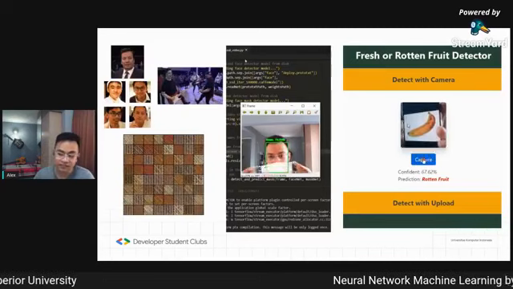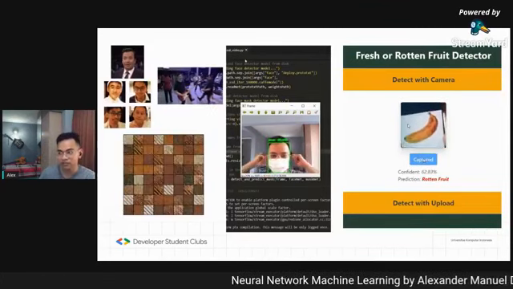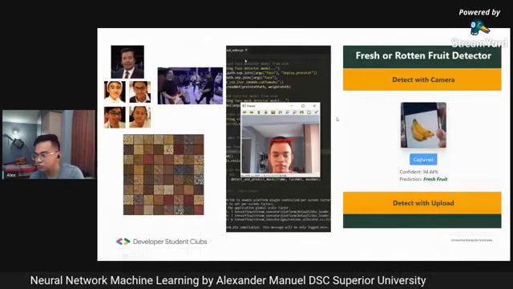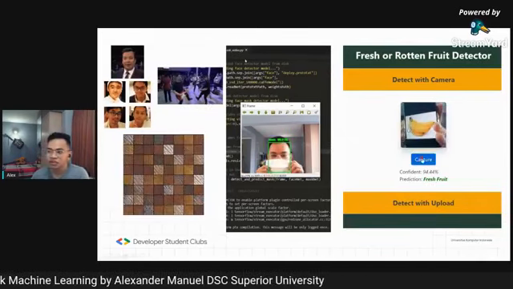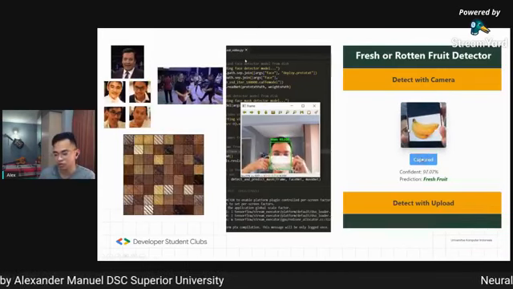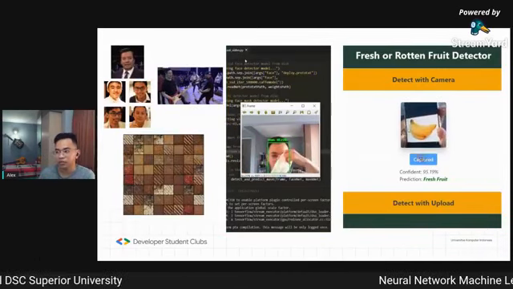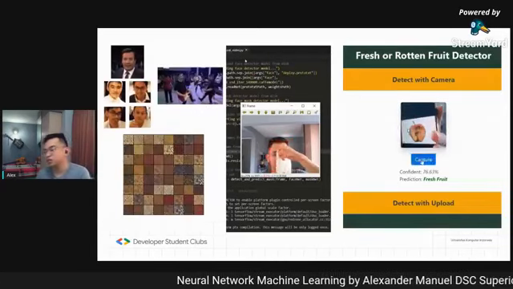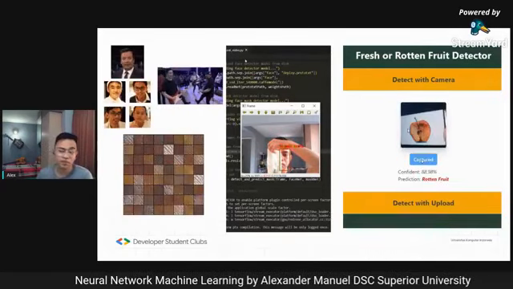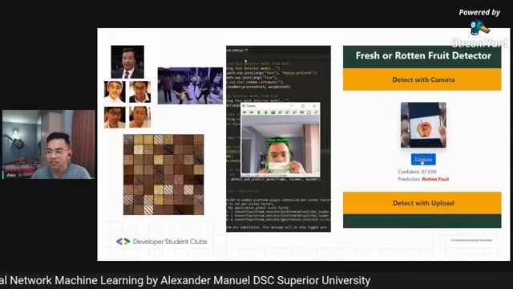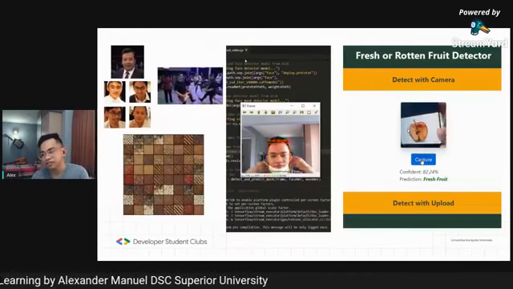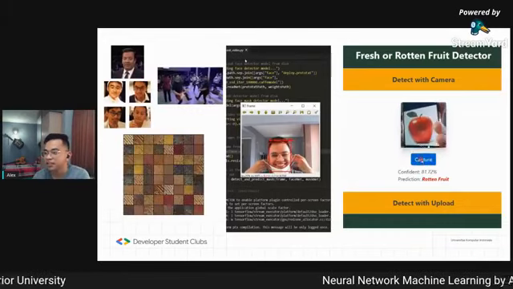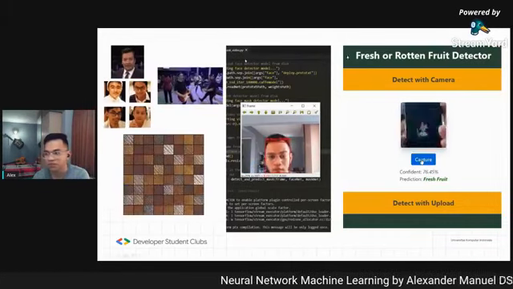Like I said, I use TensorFlow to deploy this. You can find the code on GitHub. You just need to export the model and then put it on the web. I believe all of you know how to make simple HTML and CSS, and with a little knowledge of machine learning, you can deploy your model. Sounds good.